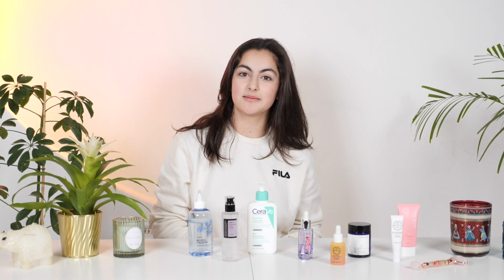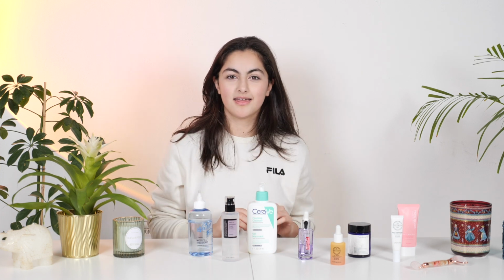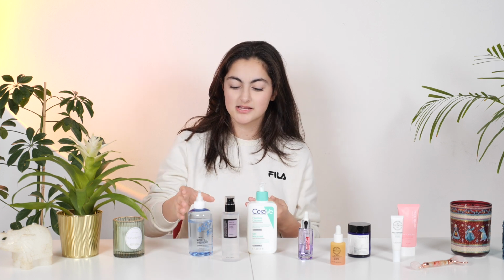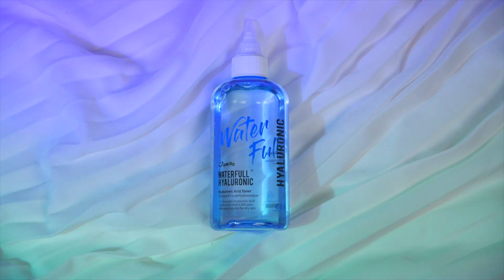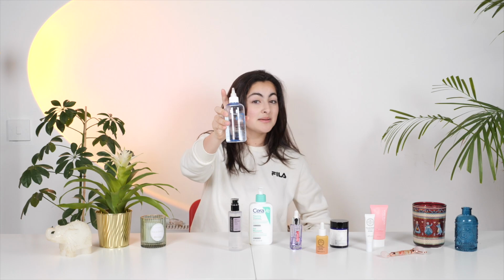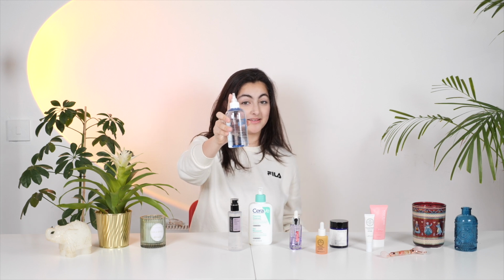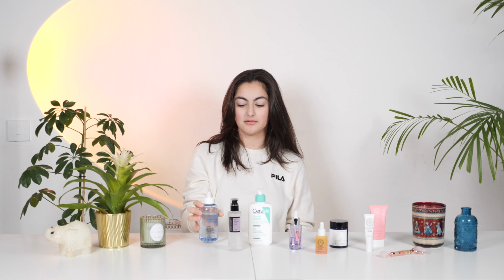The next product I'm going to go on to is the toner. For the toner, I like hyaluronic acid toners for the morning because hyaluronic acid is so moisturizing, especially when I wake up and my skin does feel kind of dry. I'm using the Jimisu's Waterfall Hyaluronic Acid Toner. This is really, really good. I got this recently, and sometimes, I'll be honest, I might skip skincare in the morning and just do sunscreen when I'm running late. But this is incredible after the cleanser because it is so moisturizing,